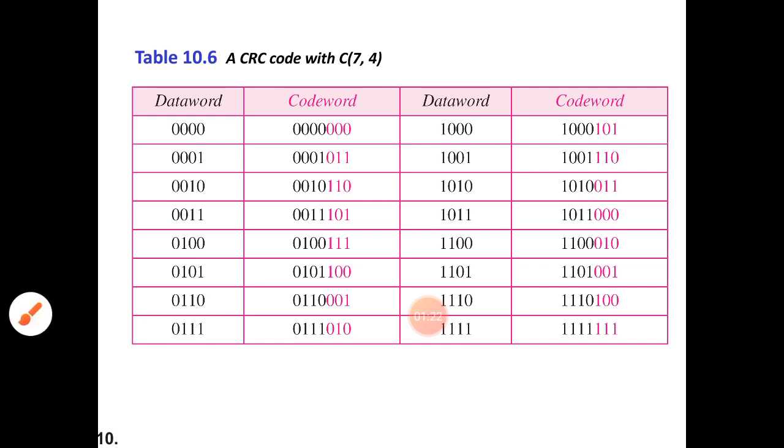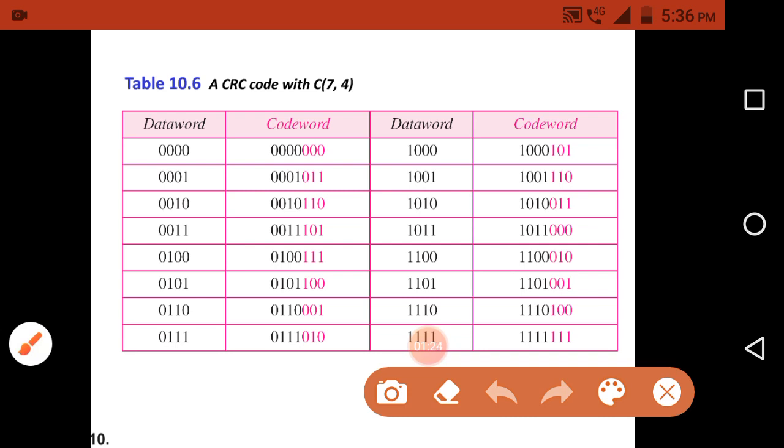Here I will take one code word from this particular table, and I will perform a left shift. Whenever performing the left shift, I am performing a one-bit left shift here. It means I am shifting the bit present at the left side to the end. So what bit is present at the left side here?